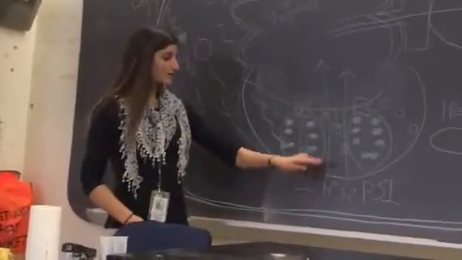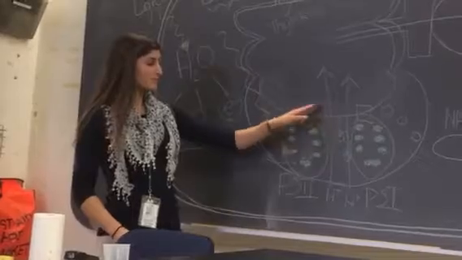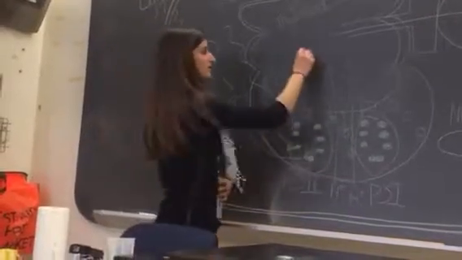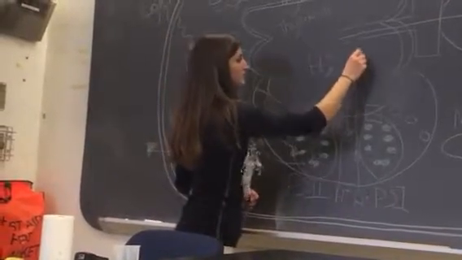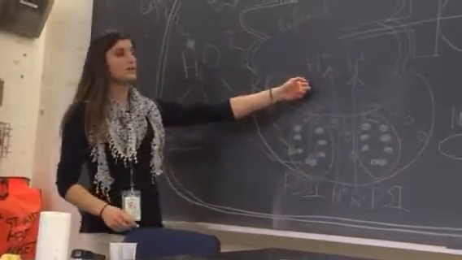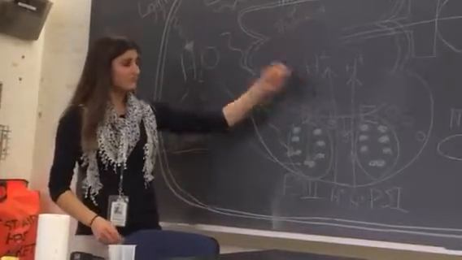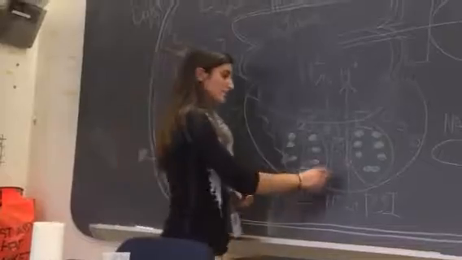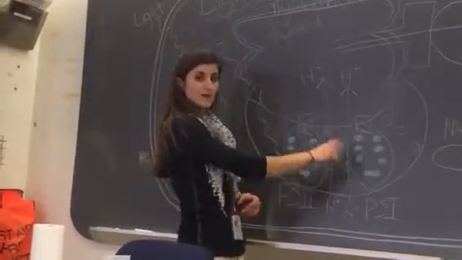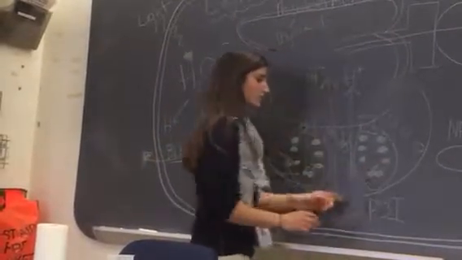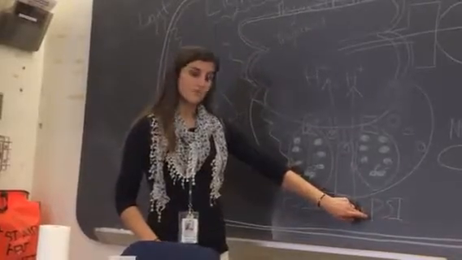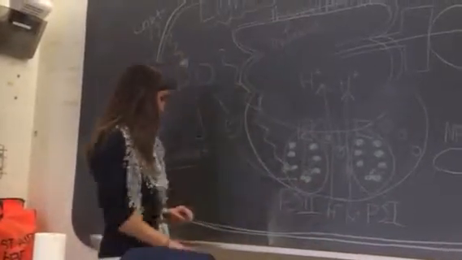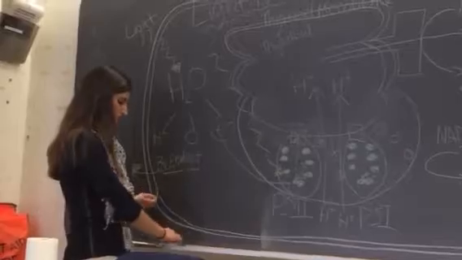So hydrogen needs this energy from our electron moving down the ladder so that it can be pumped into our thylakoid. All right. Next thing that's going to happen is this electron that just moved down the ladder will go into our photosystem 1. Now this electron doesn't have so much energy anymore, so our light